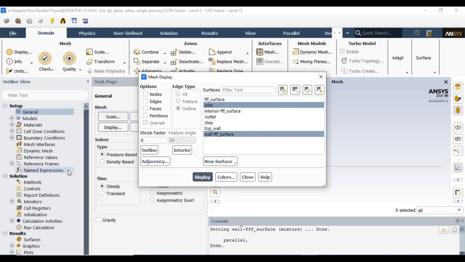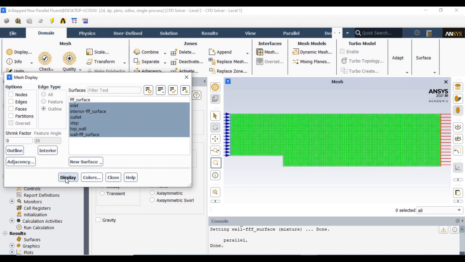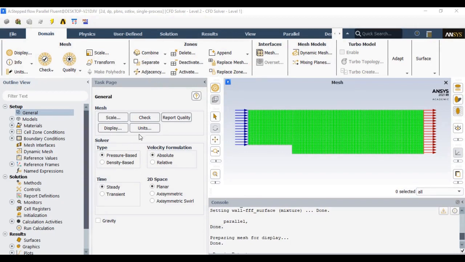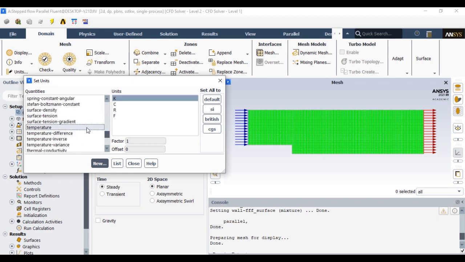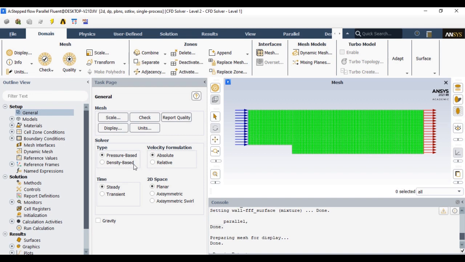We have inlet, outlet, as well as top wall and step wall, which we had created in the CAD software. Now all these geometry parts we already have in this display. You can also change any particular unit which you require. Let's say temperature, if you require it in Kelvin, you can change accordingly, as well as pressure also. So you can change the unit of any quantity by the units option.